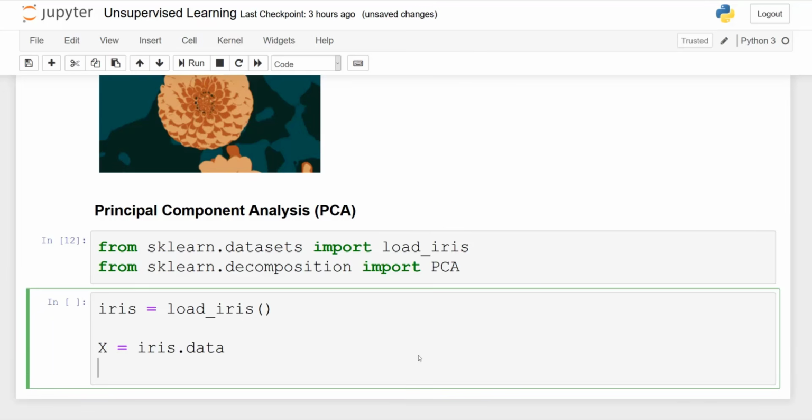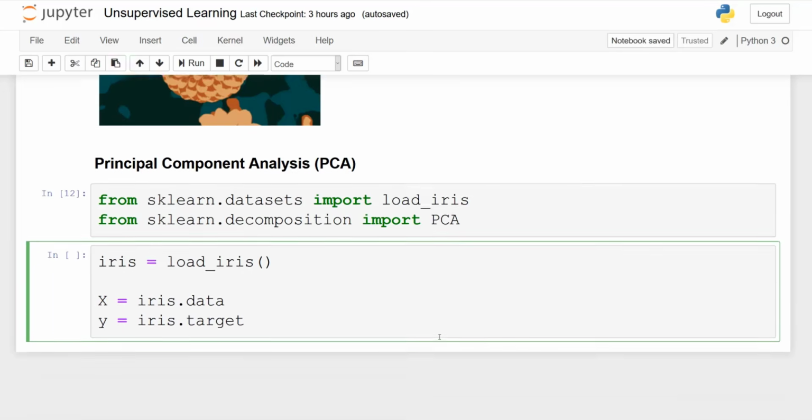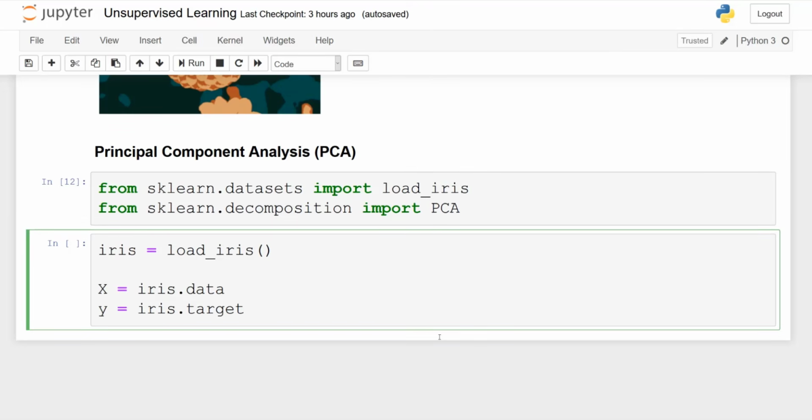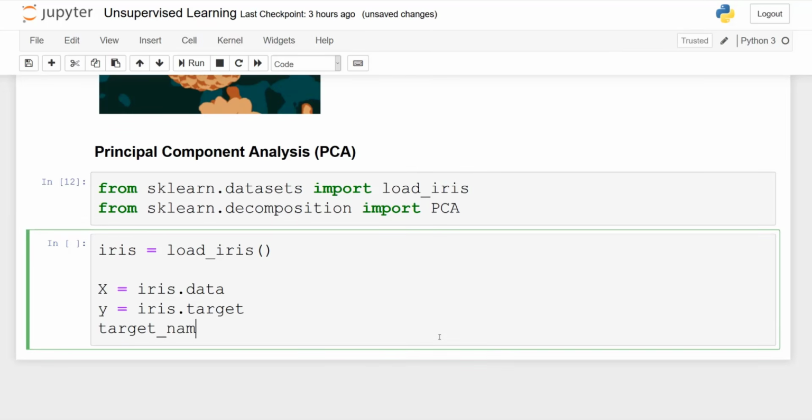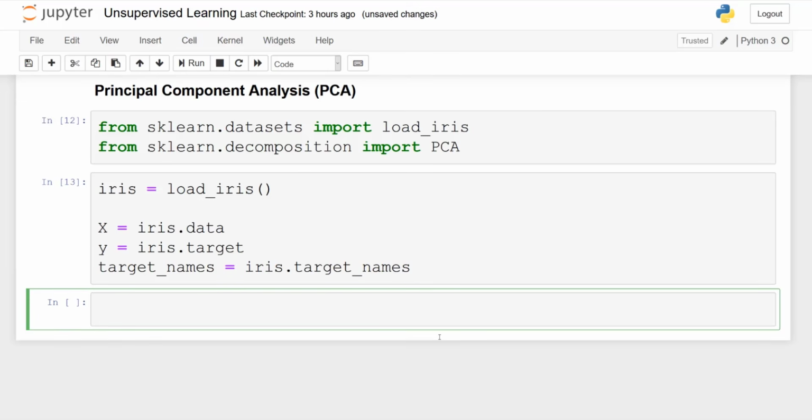Now let's load the iris dataset. So iris will be equal to load_iris. The features is iris.data. The target is iris.target. And then the labels or target names here is iris.target_names. Awesome.